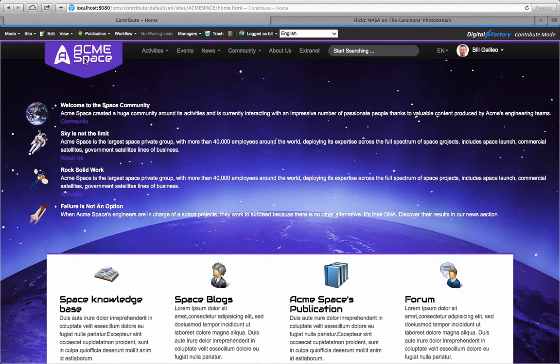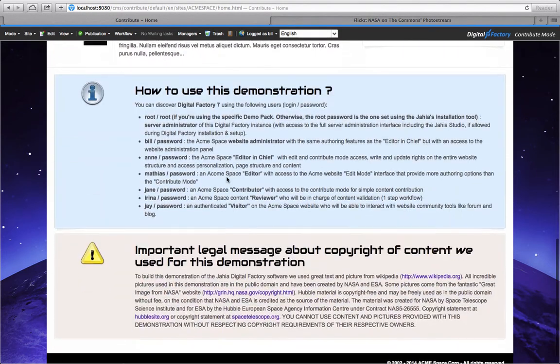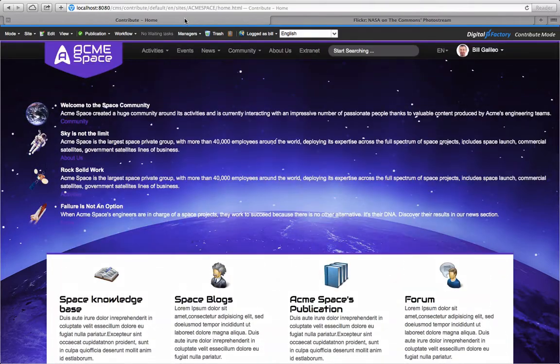So let's go to the home page. And we see the difference between edit mode and contribute mode right away is we do not have this left selector panel, because the idea here is that these contributors just need to get some content onto the page. They're not going to deal with creating pages and sitemap. So I know that on the home page there are no areas that we can add content to, but I know going to the events page in this demo,